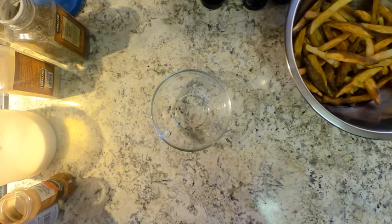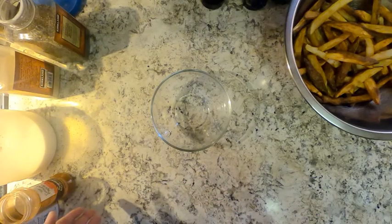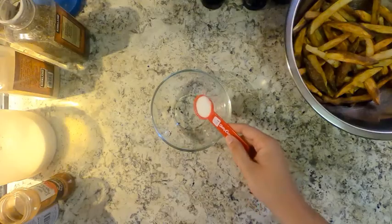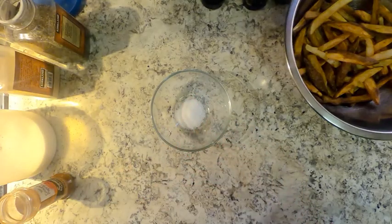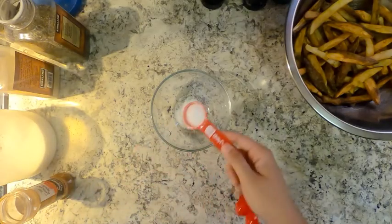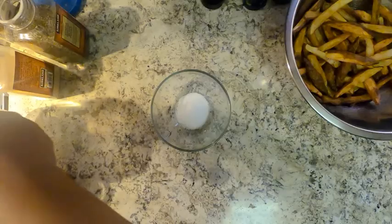Alright, so hey guys, right now I'm going to be doing my take on their seasoned salt. What Wingstop usually does is just salt and sugar, but right now I'm going to be doing my own take. I'm going to add 2 tablespoons of salt, 1 tablespoon of white sugar,